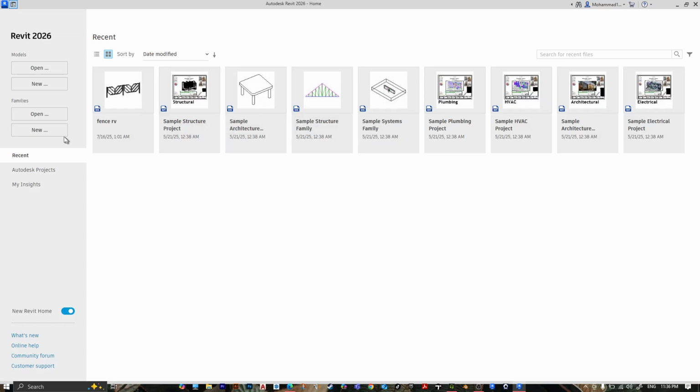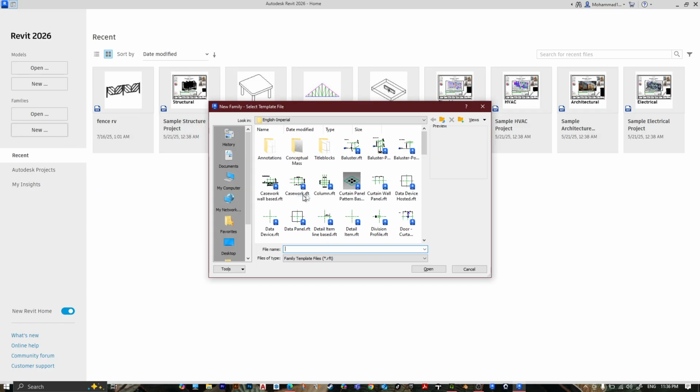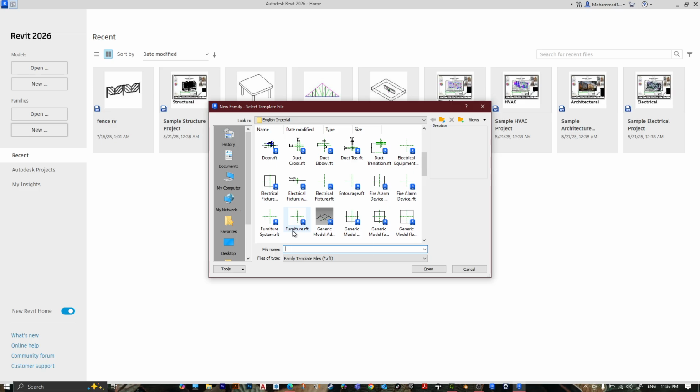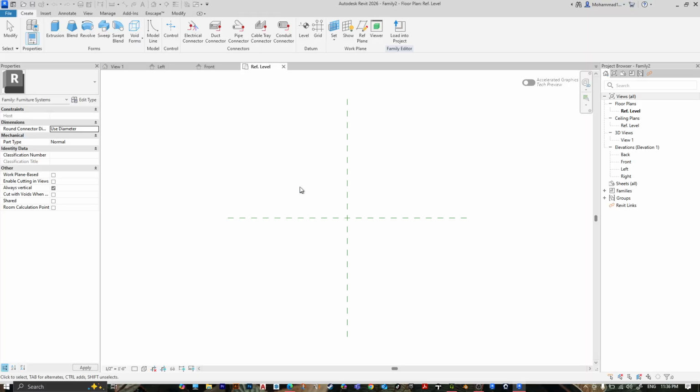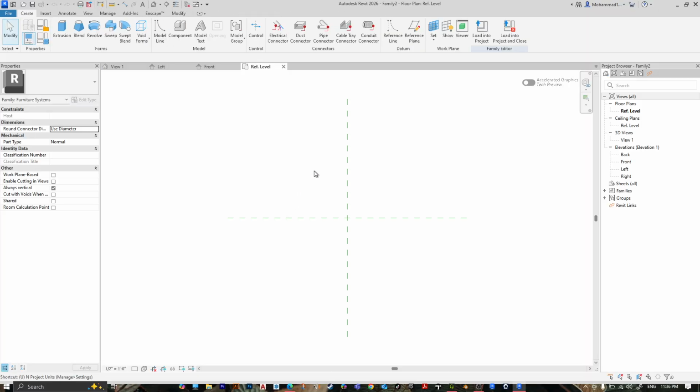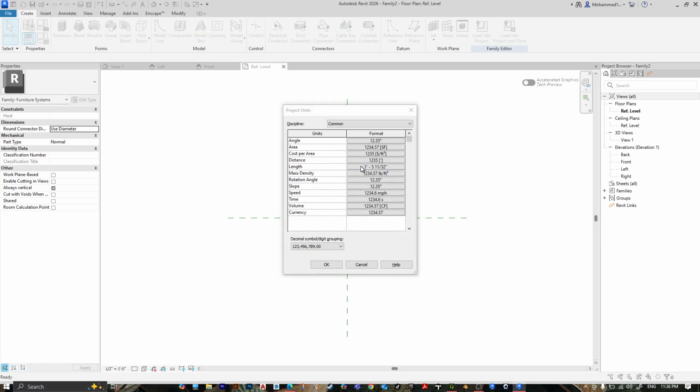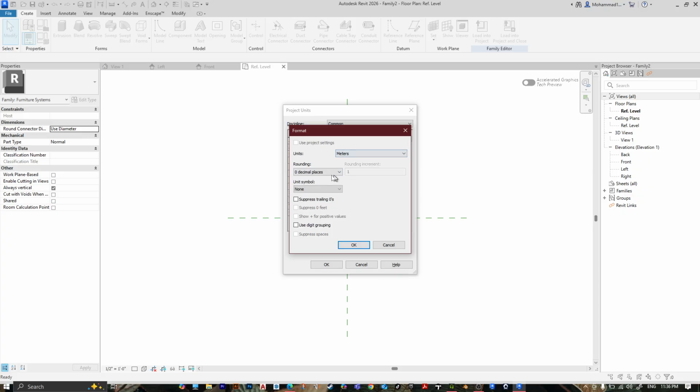Today we are looking at how to model a fence using Revit 2026. Open Revit, go to Families, then go to New, select Furniture System, then press Open. Change the unit, press UN, then go to Length, let's make it meter, and the rounding to decimal, then press